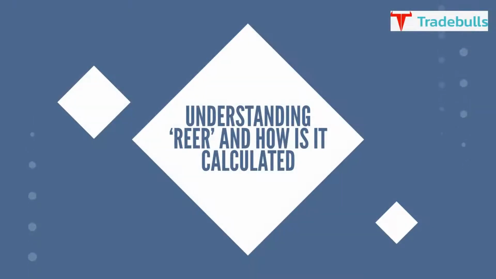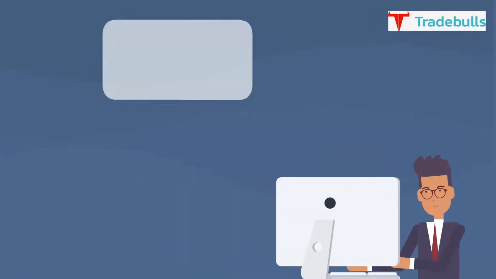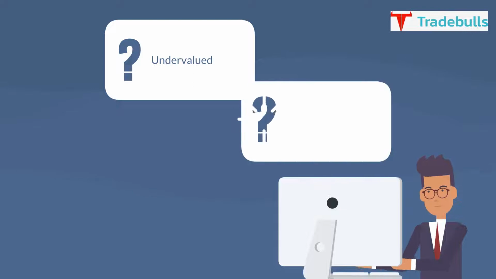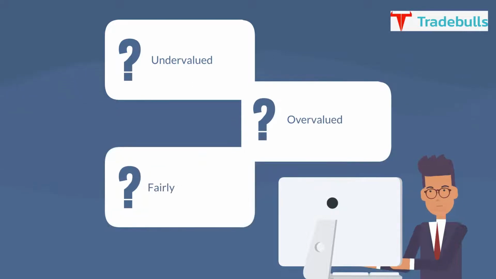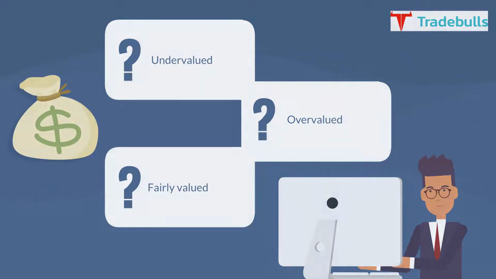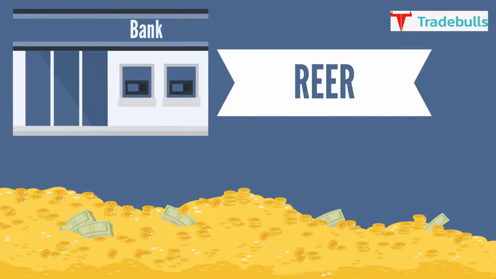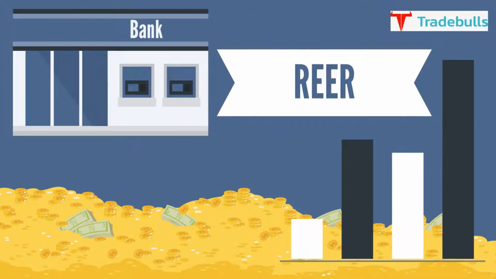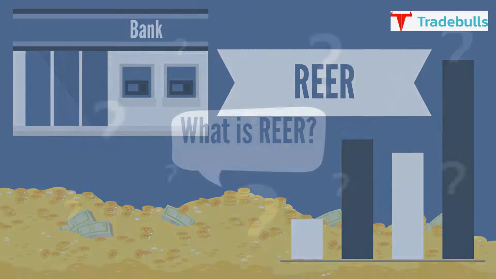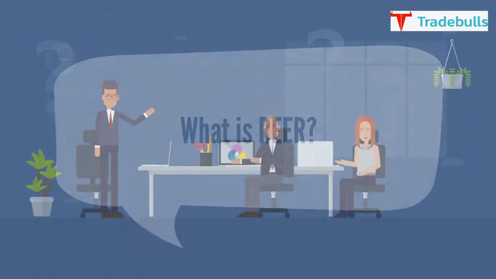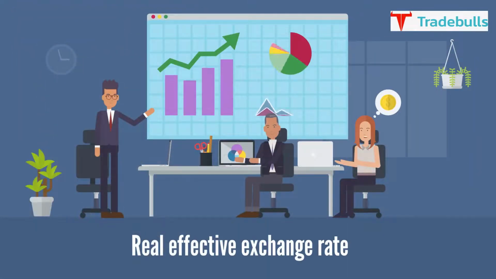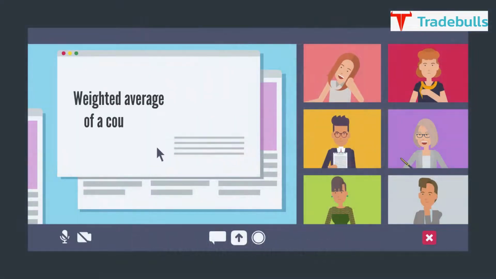Understanding REER, and how is it calculated? How do we know our currency is undervalued, overvalued or fairly valued, compared to other currencies? For that REER is used, which allows the nation's central bank to adjust its currency accordingly. What is REER? The real effective exchange rate, also known as REER, is the weighted average of a country's currency,